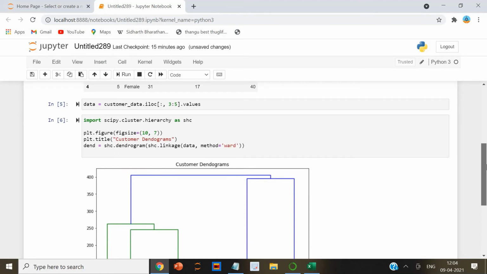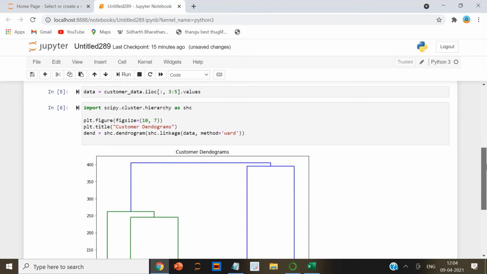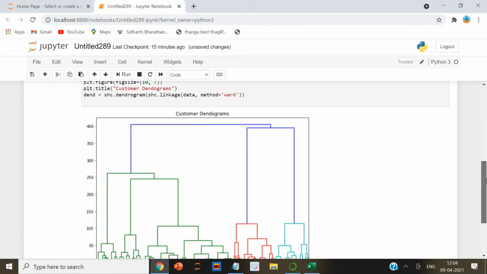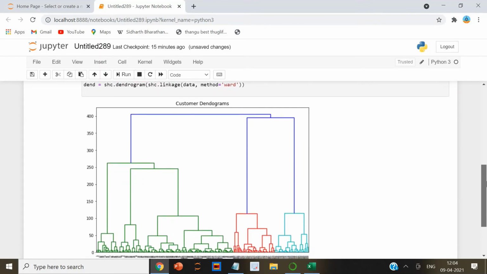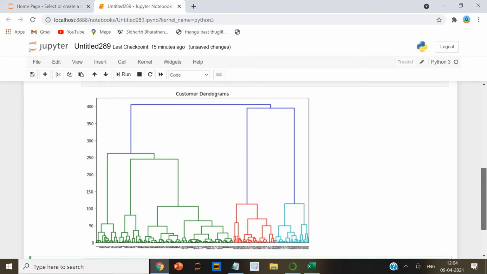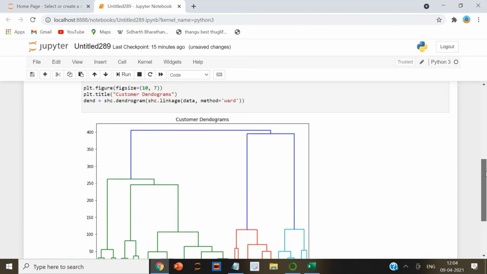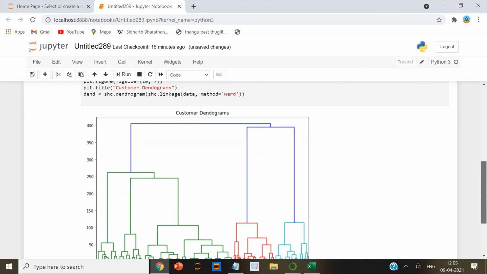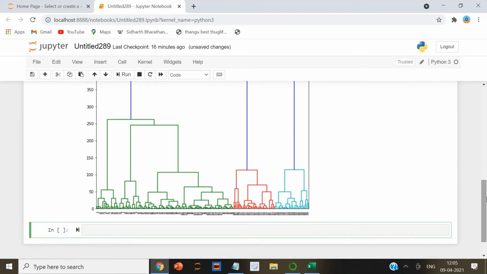The hierarchy class has a dendrogram method which takes the value returned by the linkage method of the same class. The linkage method takes the dataset and the method to minimize the distances as parameters. We use ward as the method since it minimizes the variance of distance between the clusters. The output is shown here.